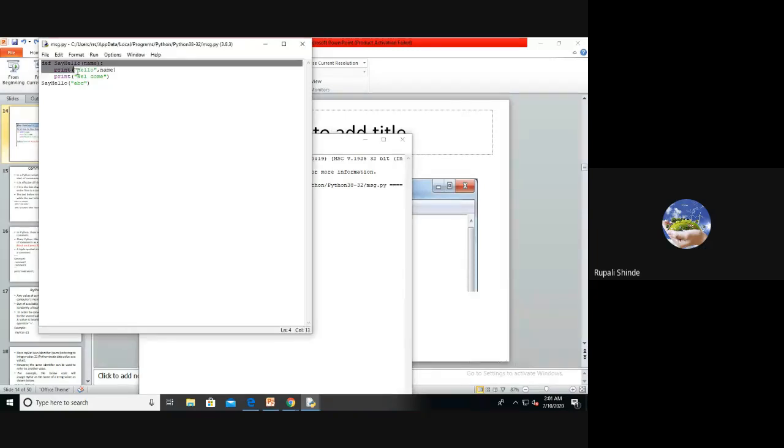It is your function definition. How do we write the function definition here? Def, the function name, that is say_hello, and we pass the parameter name. After that, we have the start of the block. To indicate the start of the block, we write a colon. It indicates that it is the function definition. After that, you can write your whole code or whatever statements you want in that particular block.